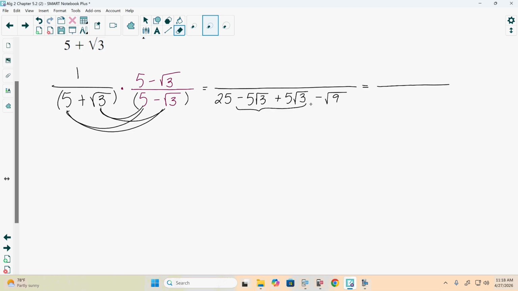Negative 5 square roots of 3 plus 5 square roots of 3. I had negative 5 of them, and I had 5 of them to add to it. So we have a total of 0, yes? So those would simplify out. We still have 25 minus, what is the square root of 9? So by multiplying the denominator by 5 minus the square root of 3, we ended up getting down to 25 minus 3, which is,